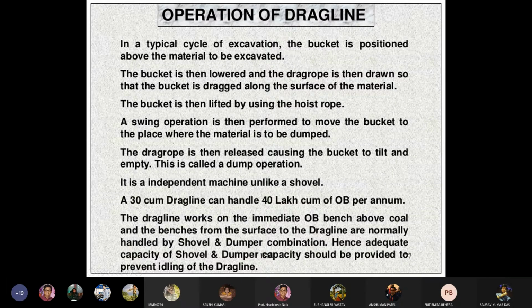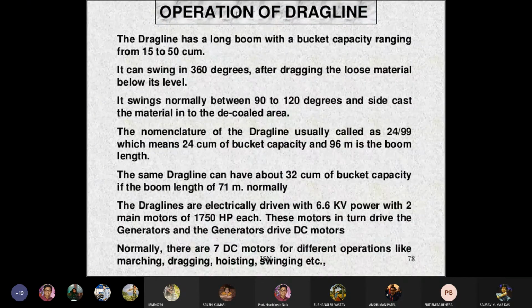The dragline works on the immediate overburden, which is handled by the dragline, whereas the coal deposit is taken by the shovel and dumper combination. Hence, adequate shovel and dumper capacity should be provided to prevent idling of the dragline.